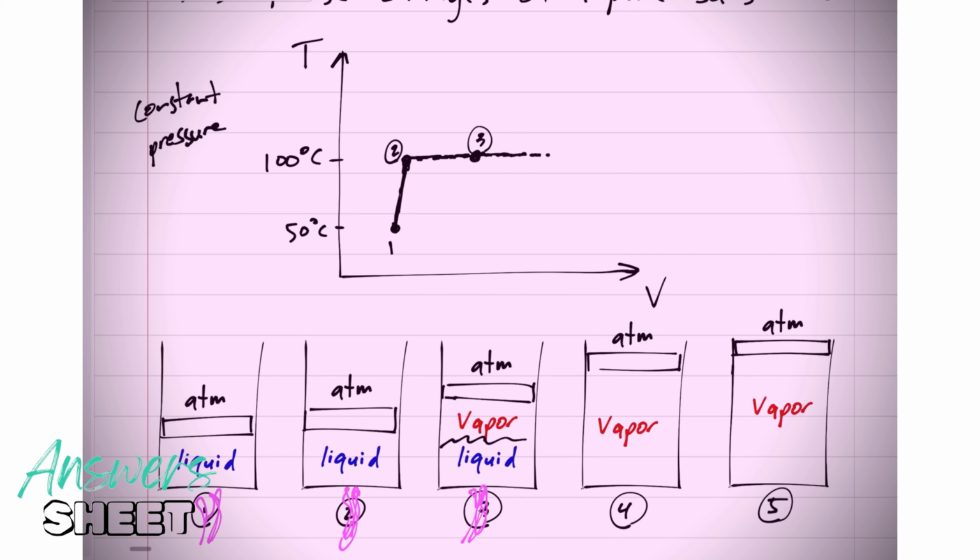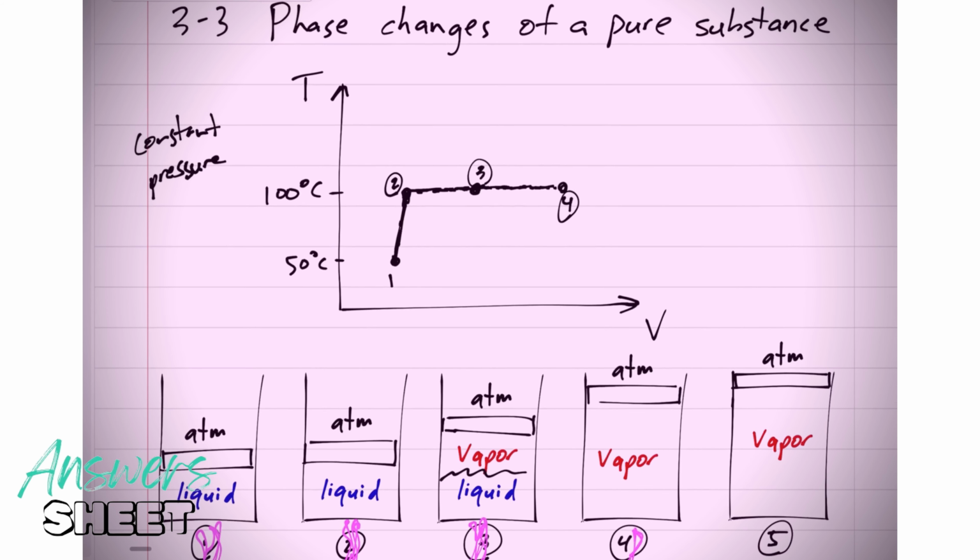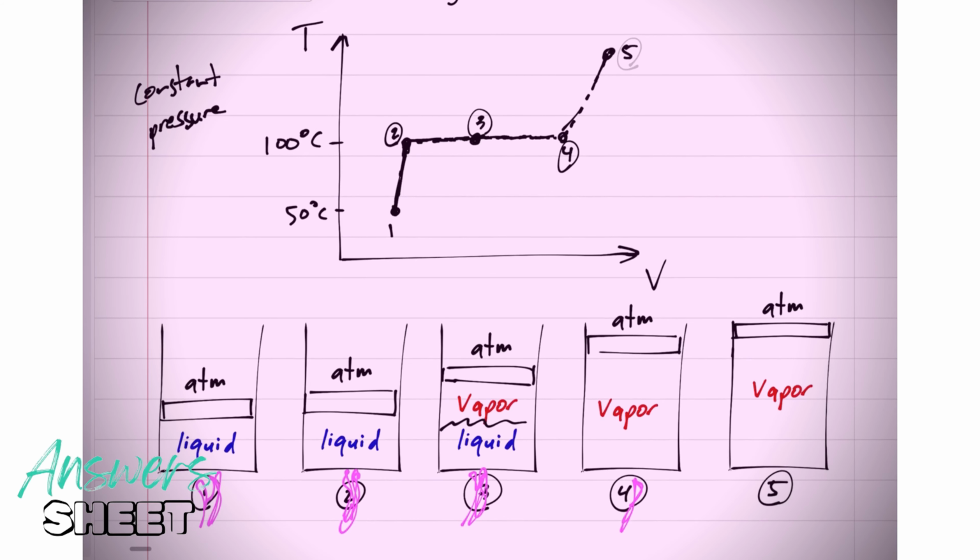All right, then it gets to a point where all of the liquid has vaporized. We'll call it state 4, where all of the liquid has vaporized. And then what happens if you add even more heat to it? Then the temperature will start to increase as it is all vapor. Now its temperature is increasing. Its volume is increasing. This is what a constant pressure phase change might look like. It might go from state 1 to state 2 to state 3 to state 4 to state 5. So let's look at each of these.